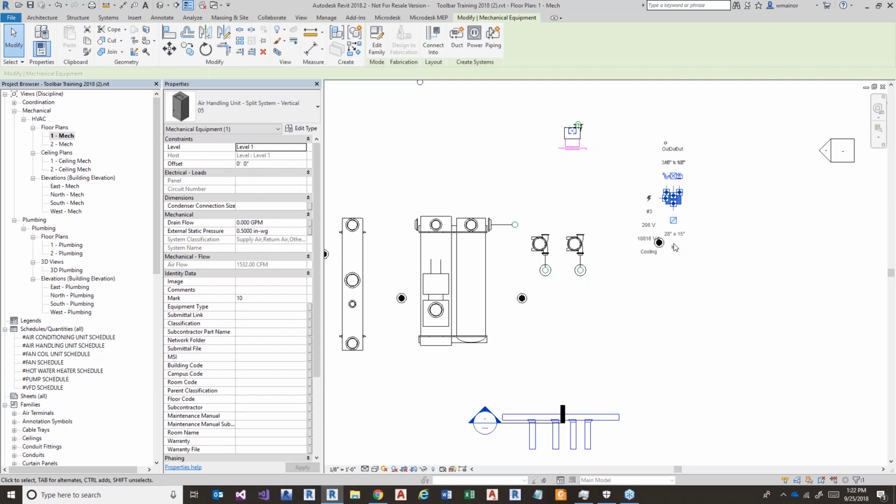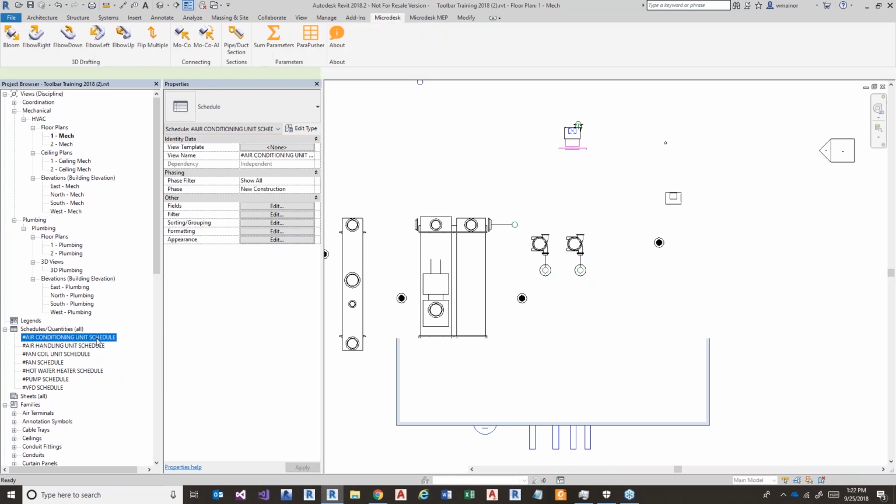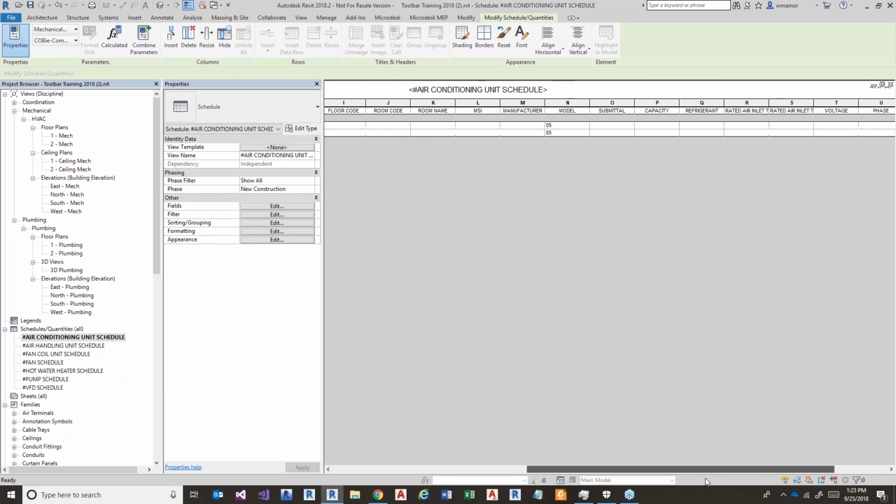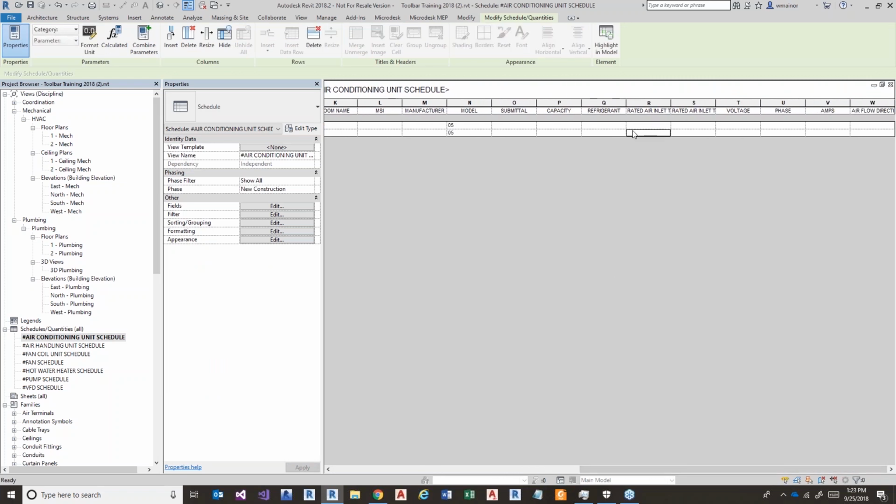I might need to give my air handling unit a parameter so it's going to show up inside of a schedule. So maybe in this case, we're filtering by a parameter called equipment type. That's going to be different company to company. And then I've got an air conditioning or a crack unit schedule that's going to show all of my crack units. But our schedule requires a specific list of shared parameters that are in our shared parameter file. And that crack unit, maybe we just downloaded it from